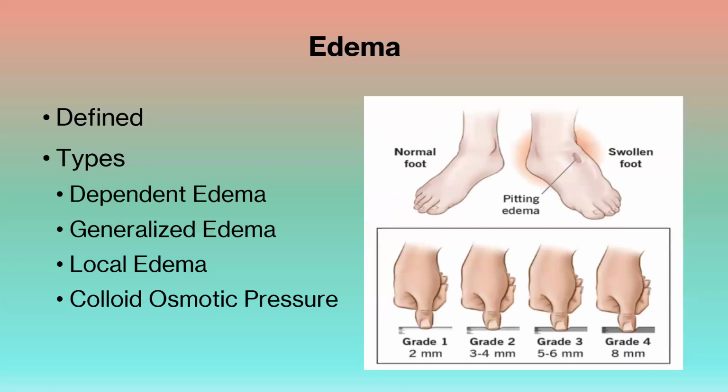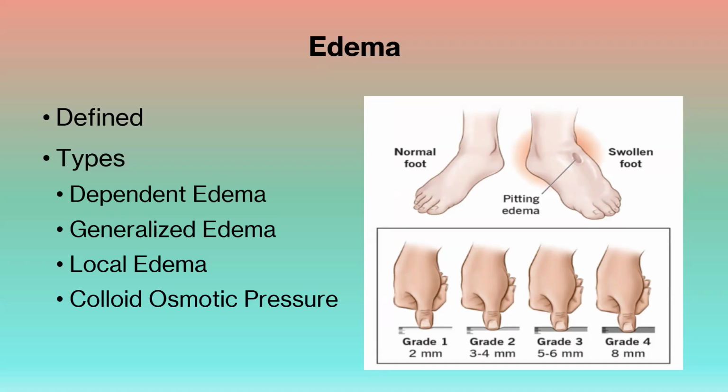So let's talk about edema. Make sure that you review page 450 in Giddens. It defines edema as an excessive accumulation of interstitial fluid. It is often a sign of fluid overload, but it may be due to other causes. So we have, first of all, dependent edema, which is edema that occurs in an extremity that is kept in